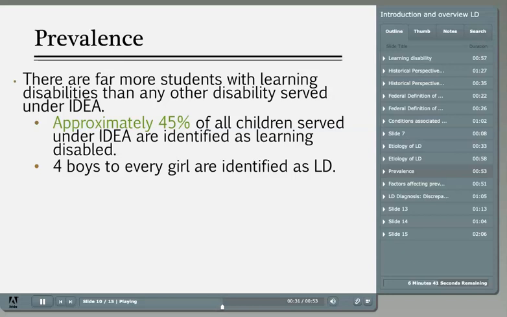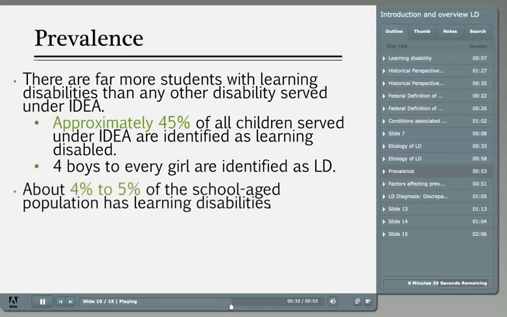Learning disability is very rarely identified in early childhood. It would be a very unusual case for a child to get a diagnosis of a learning disability before the age of 6. The kids who get identified with a learning disability are typically in the 2nd, 3rd, 4th, or 5th grades when academic demands are more heavily placed upon the child.